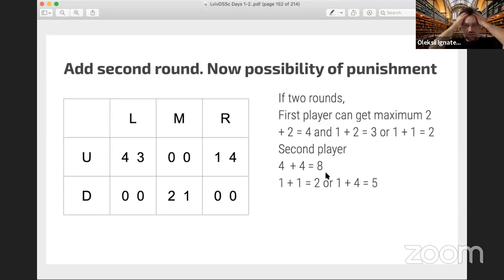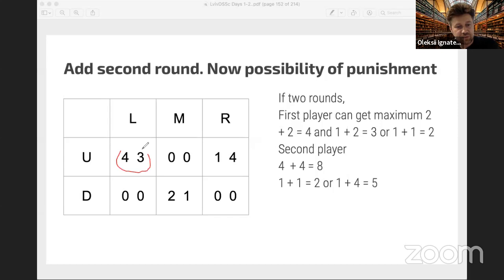Yeah, so imagine that we have 2 rounds of this game. Then the first player can get maximum in equilibrium 4, or he can get 8 here, for example, or he can get 1. So we have possibilities. If we have 2 rounds, we can have a sum of different numbers, but at maximum we can get this number. And this is the best possible profile